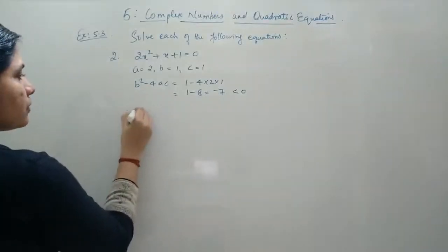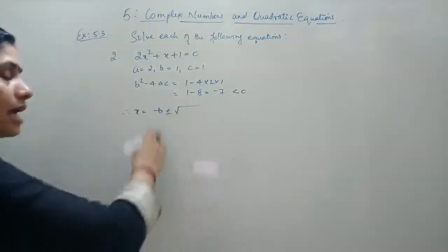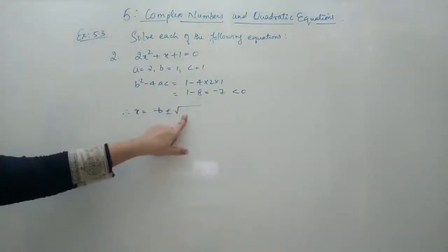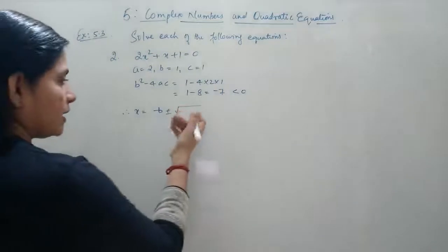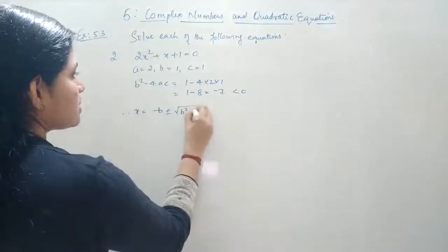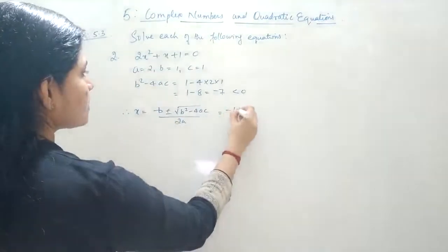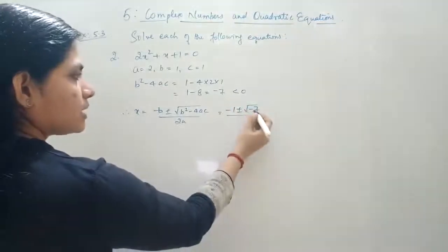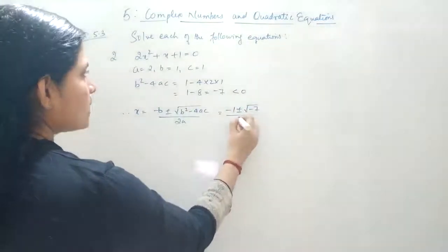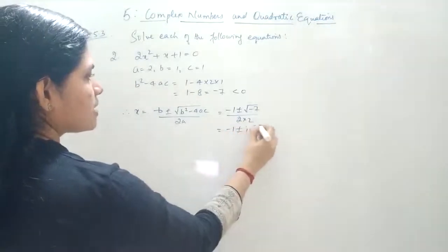Now the solution, therefore, x will be minus b plus or minus root of... You can just directly apply this formula, that is also easy, or else you can just use i into root of 4ac minus b square also, which we have already dealt with. In this case, if you are applying like this, you have to just mention the value minus 1 plus or minus root of minus 7, with minus 7 inside the root, then 2 into 2. And getting minus 1 plus or minus, this will be written as i root 7.